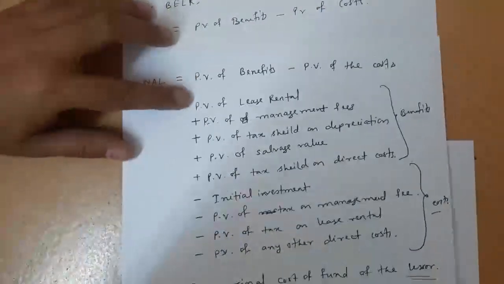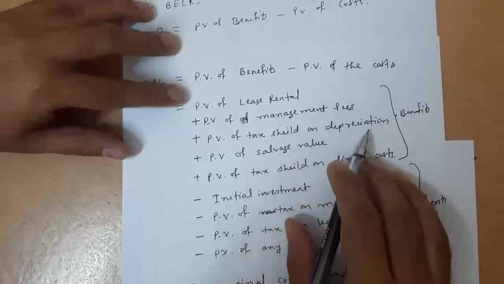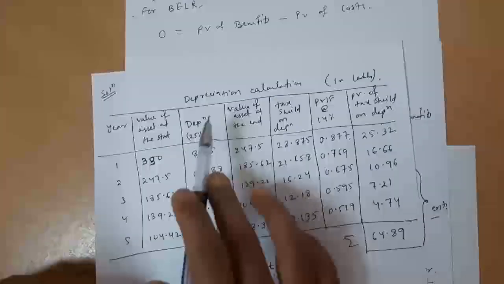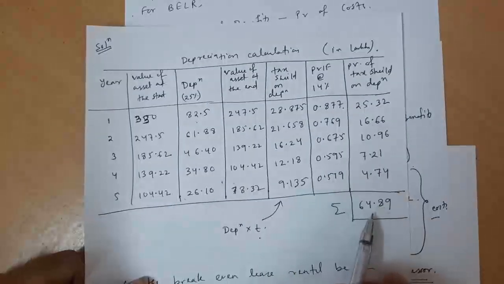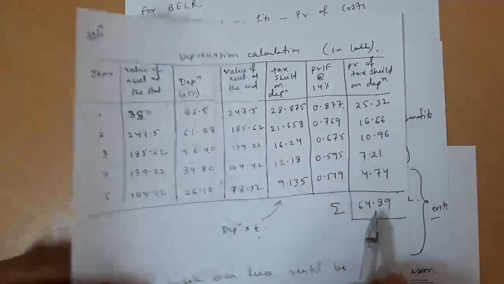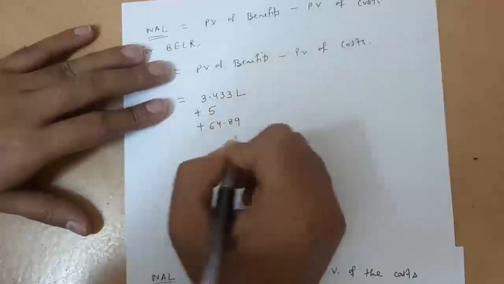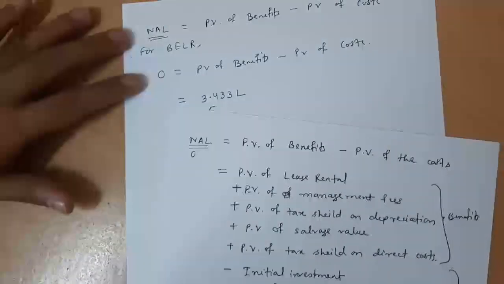Plus, next is our present value of tax shield on depreciation. This we have already calculated in this table. In this depreciation table we have calculated the present value of the tax shield. Total is 64.89. So put this figure, 64.89 lakhs. Plus next what we have, see,